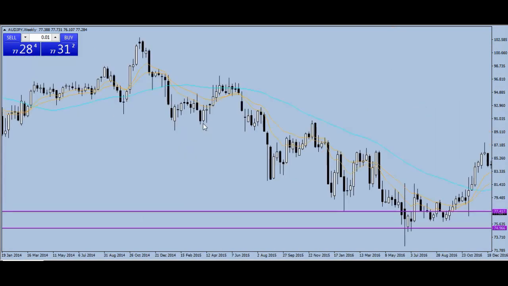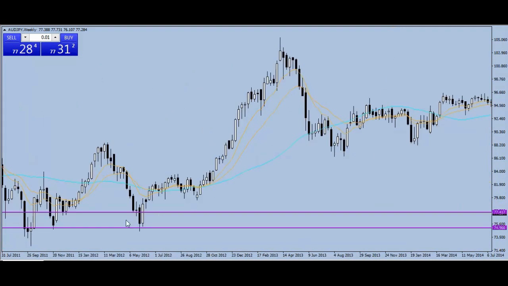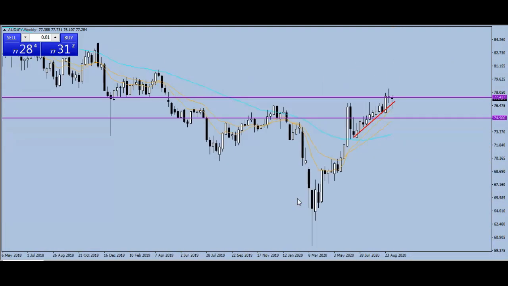If you scroll back, probably you will see some other areas where it acted, but let's focus on the current data. So this level is already established as a strong level, and just looking at this region, you can tell, no need to even go further back, you can see how it has